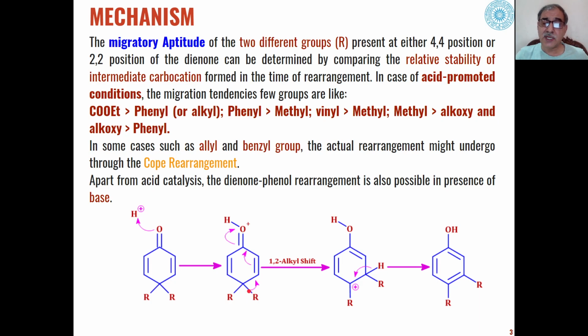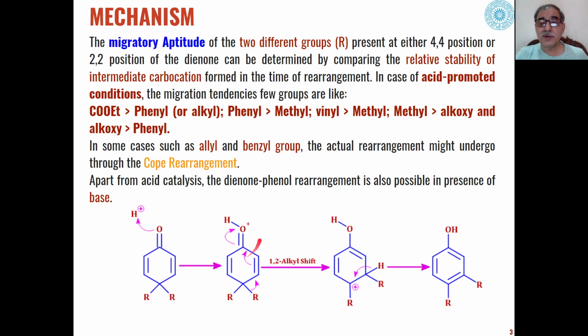So because of that, this prompts one of the groups present at this 4 position to migrate to the adjacent position with migration of the pi bonded electrons, giving a